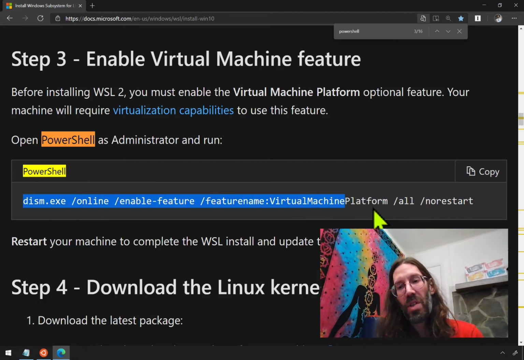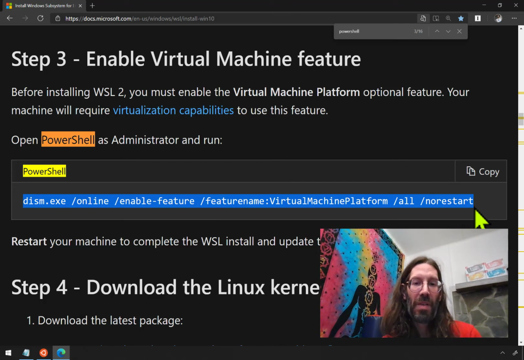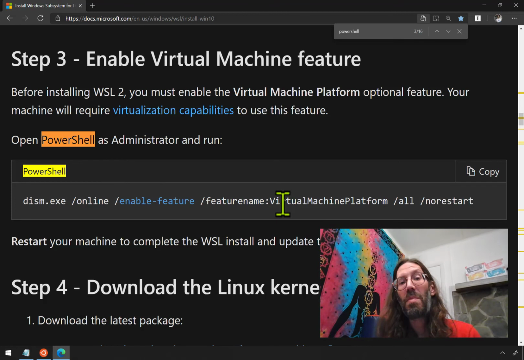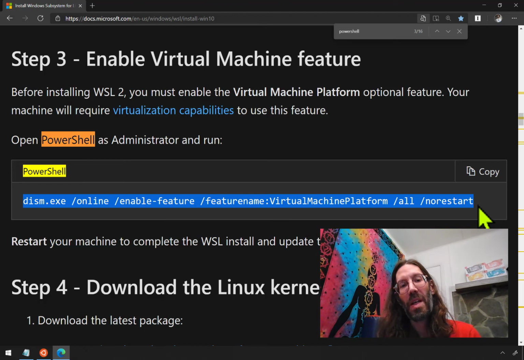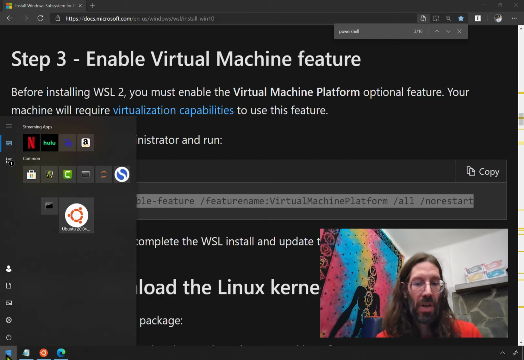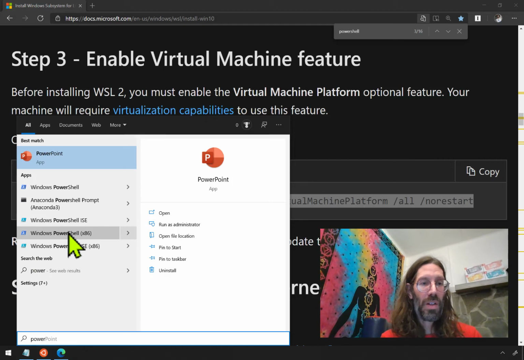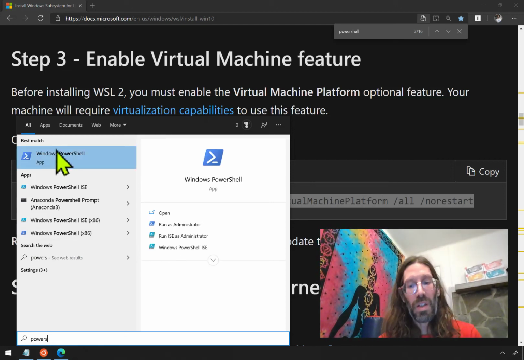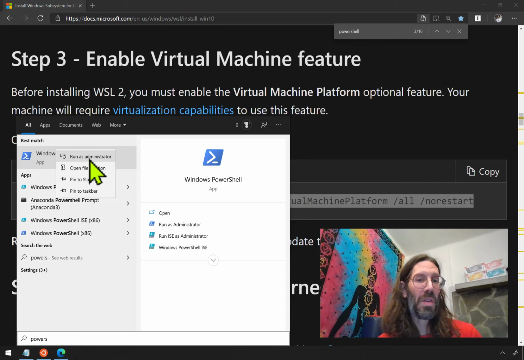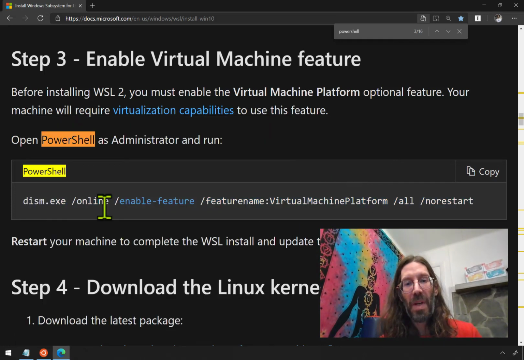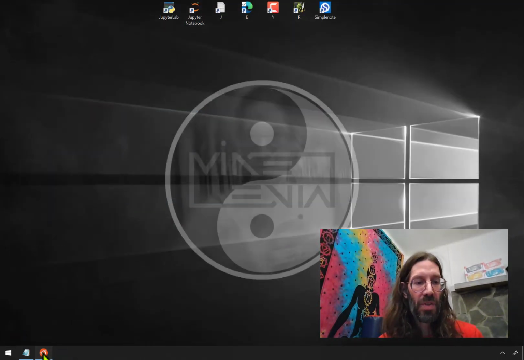I don't know if there's a check mark, but when I ran up to it the last time, telling me that the virtual machine platform features needed to be enabled for Windows, this is where research brought me back to. So by typing that into a PowerShell as administrator, which you may recall, you start typing power, and you'll see PowerShell, and then you have to right click on it, and then you can run as an administrator, and then you can copy paste this command into it. It'll reboot your machine, and then you'll have a machine that's up to date enough to install